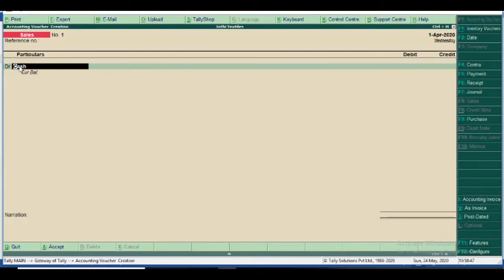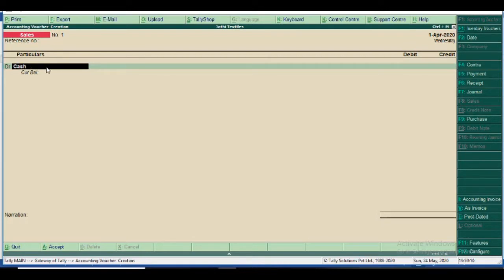The online creation shortcut key is Alt plus C. You press Alt plus C anywhere. Okay, you can create any masters, not only ledgers, you can create inventory masters also, accounting masters also. Anything, but in the correct box, to confirm the masters.